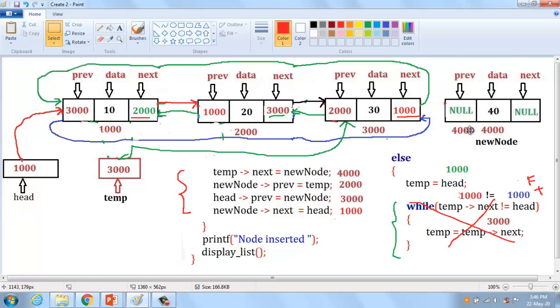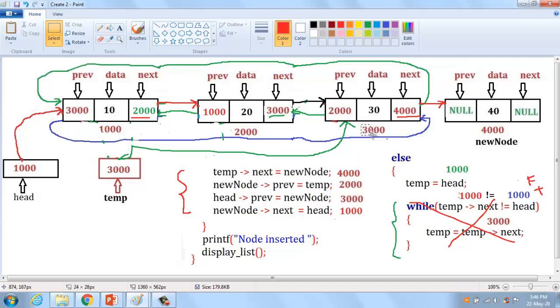If 4000, a link is connected from the third node to the fourth node successfully. After that we have to make a link from the new node to the previous node, because it is a doubly linked list. How can I create it? New node previous equals temp. What is temp?